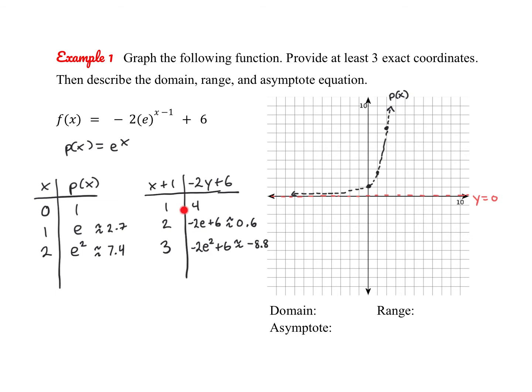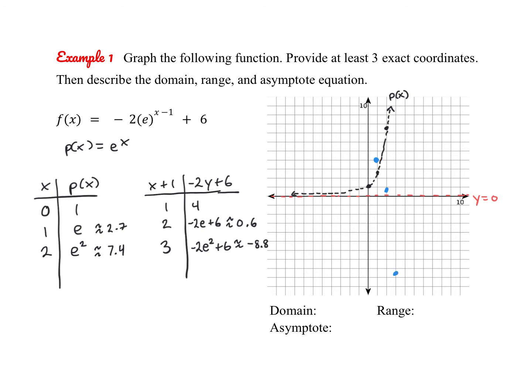So again, we have the exact coordinates, but we also have the decimal approximations to help us graph. So we have, again, (1, 4). And then we have (2, 0.6). And then we would have (3, -8.8),